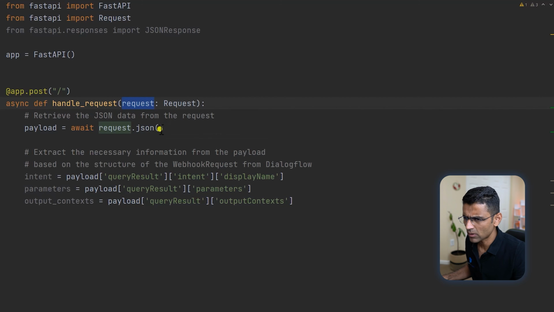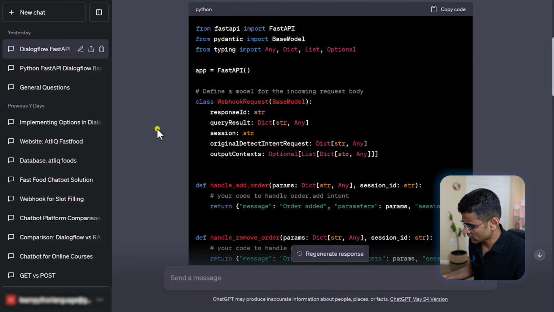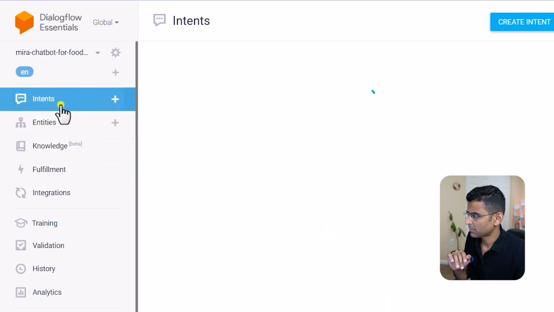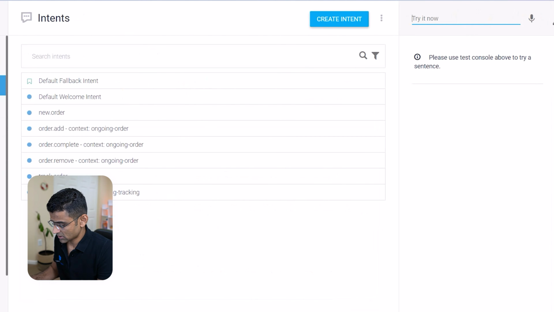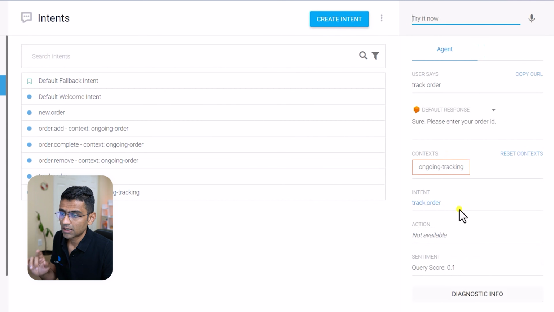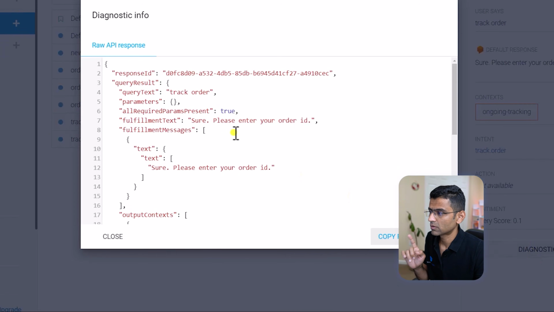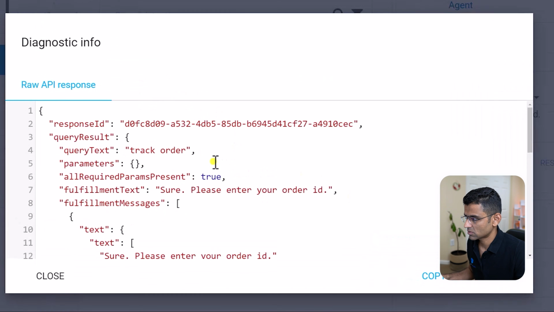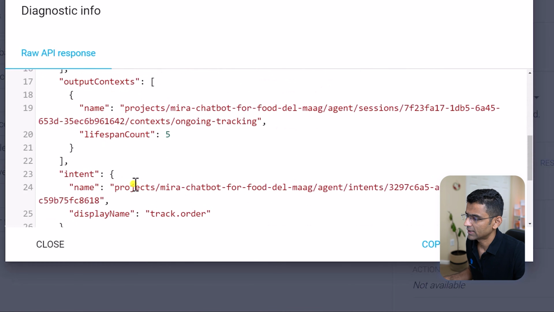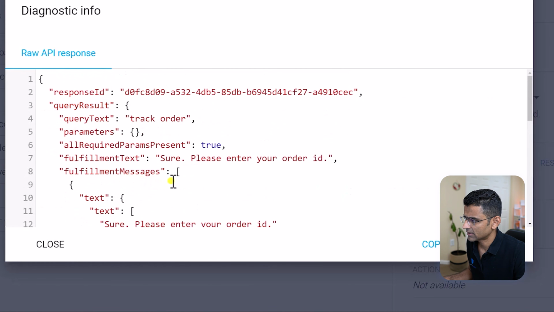Now you'll be like, okay, where do I see the Dialogflow request? Well, here you can go to Dialogflow. Okay, and if you type an intent, let's say you say hey, and if you say track order, in diagnostic info you will see that request. So let's see this request. Okay, this request has response ID, query result, then it will have intent, things like that. So query text is this,